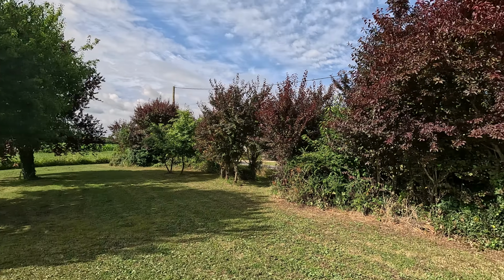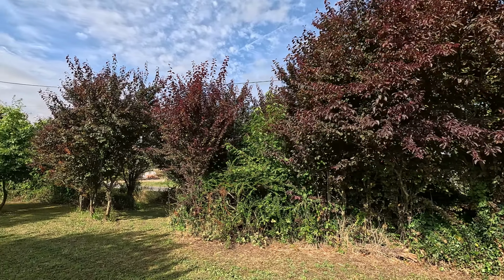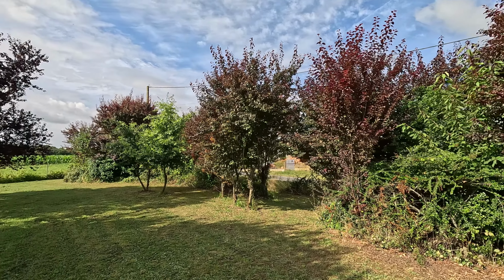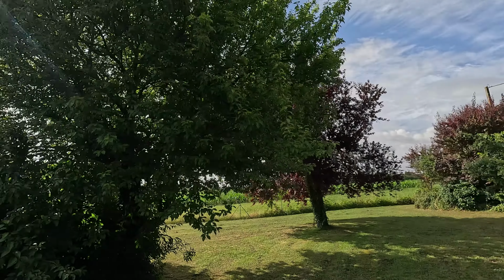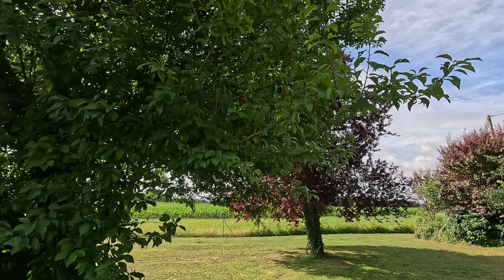We're going to go and grab the last of the fruit. The birds have taken most of it, which is fair. They need to eat. We'll take the rest. We have plum trees in our garden. These red leaf trees are plum trees, the greeny red ones there. But this is the other type of plum tree, this green leaf one. And we have